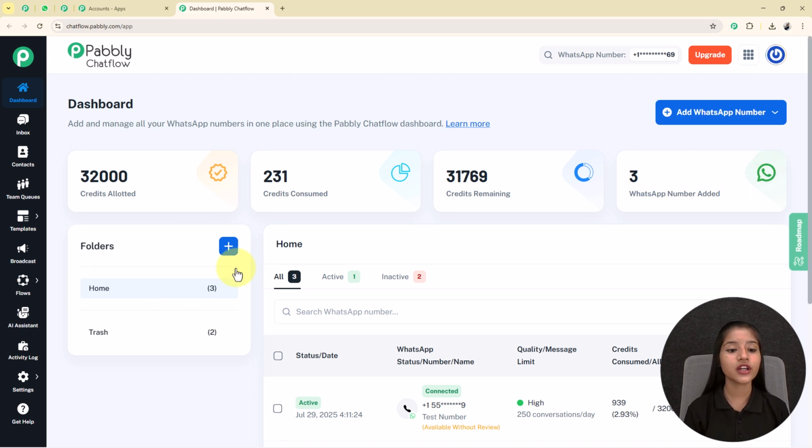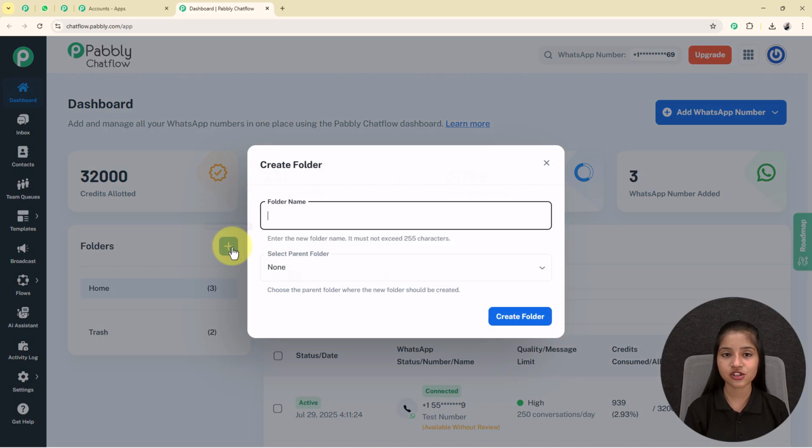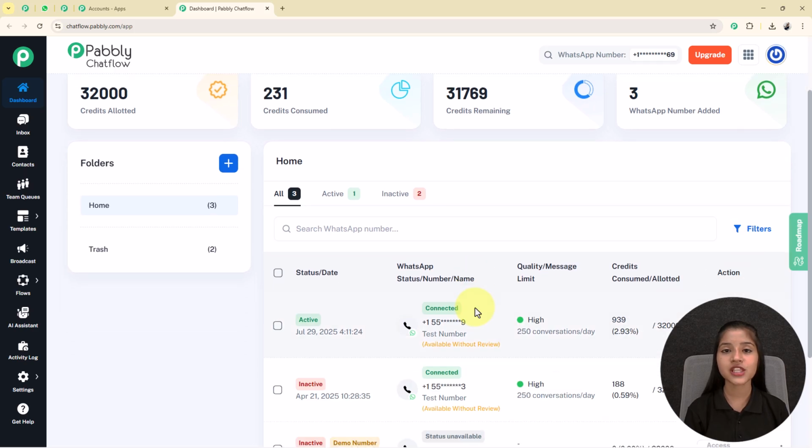Now in this folder section, you can create multiple folders in your Pabbly Chatflow account by clicking on this plus option, where you have to provide the folder name in this field and also select the parent folder from here. After that, in this home section, you can see the status of your WhatsApp numbers that were added into your